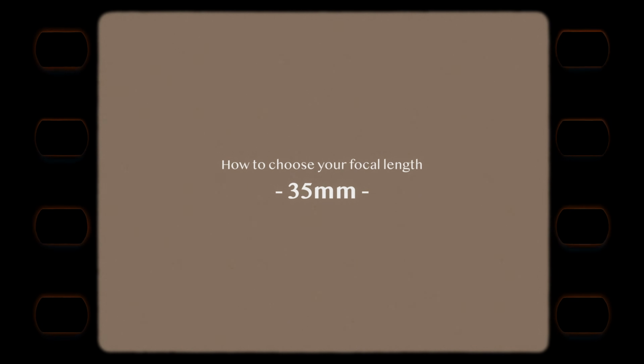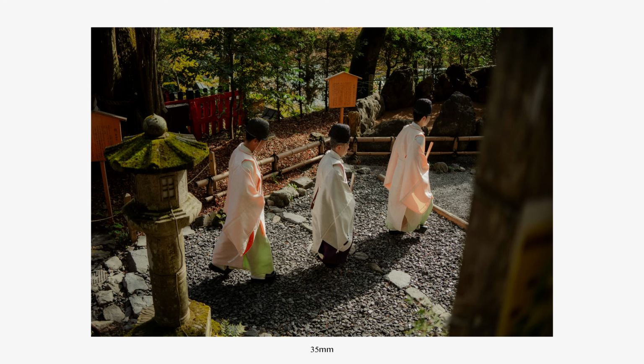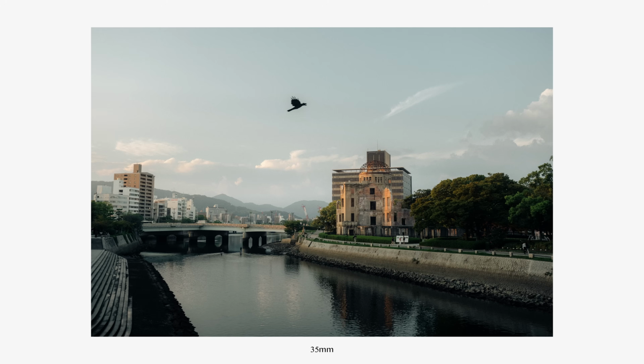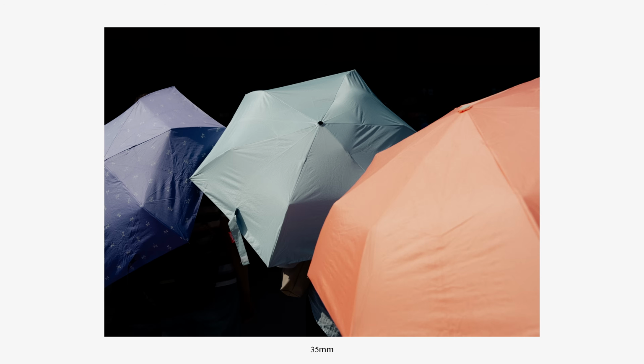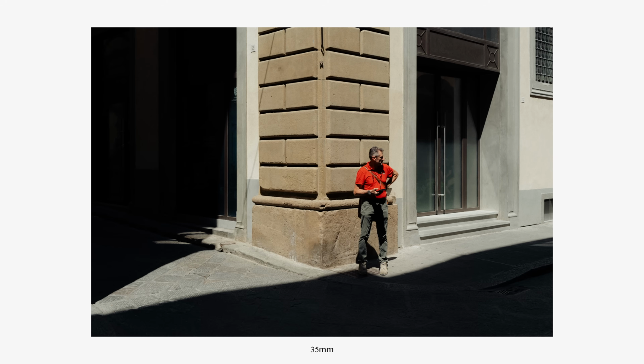Now talking about 35, and I will also include 40mm in this section because it's gaining in popularity, and 40 is much closer to 35 than it is to 50. So 35 is almost the perfect documentary focal length, whether you're capturing street scenes or your everyday life. It's wide enough to still be considered a wide lens, but you can be more selective in your compositions than with a 28mm. It's an extremely versatile focal length that you can default to in almost any shooting scenario or